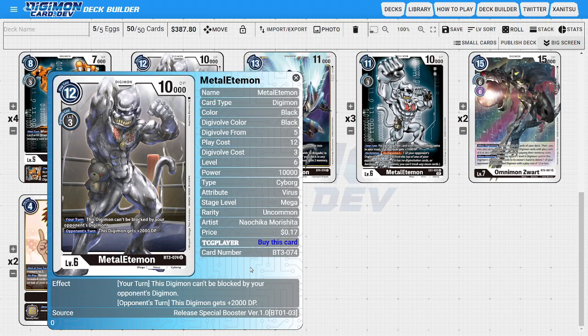I'm going to be running 3 copies of MetalEtemon. So this is the BT03 version of MetalEtemon, and this MetalEtemon is really, really good, even though he is a little bit on the simplistic side. So what this card is doing is he has this nice ability where during your turn, this Digimon can't be blocked, which is really powerful, so that way we could bypass a lot of the opponent's defenses and try to chip at their security,